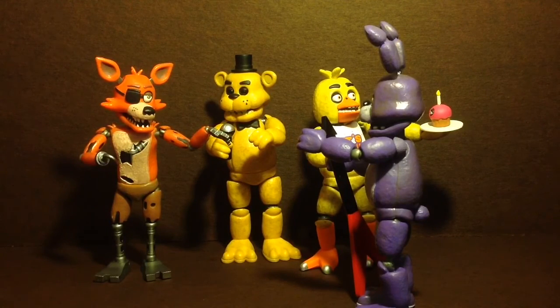They're about 5 to 6 inches. They make for a great item on the desk. I wouldn't recommend using them as toys, because, even though a lot of people are saying, yeah, they are toys and so on and so forth, but like I said, the ball joints do pop off quite easy if you're just going to be flinging them around, so they're really cool as little display items if you're a Five Nights